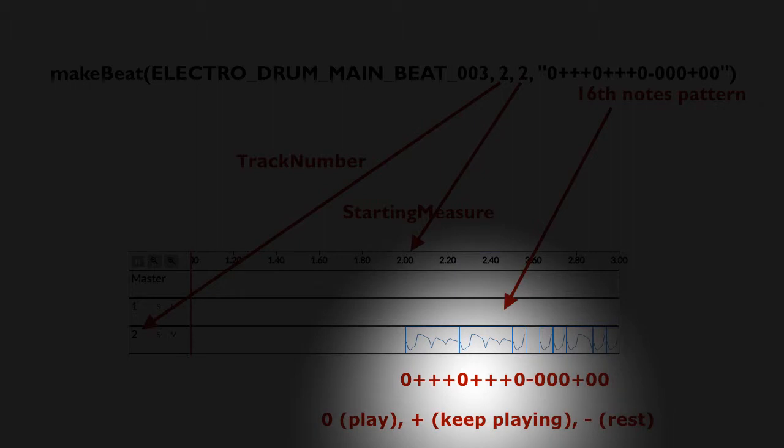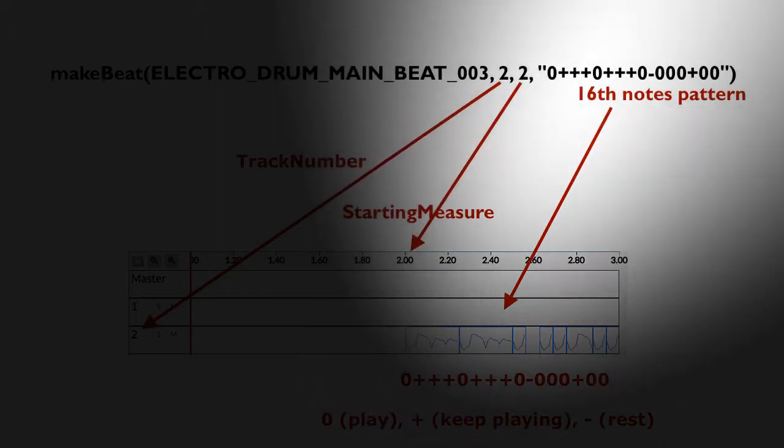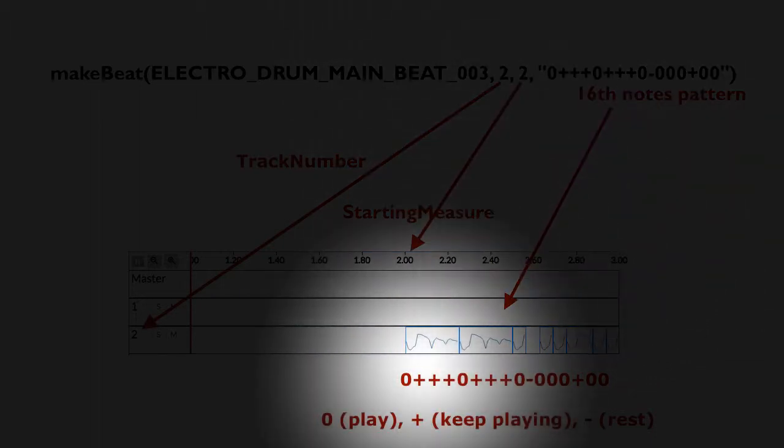So what that is doing is taking that sound and playing just the beginning of it for 4/16ths of a measure. Remember, one measure is a 4/4 beat here, and so makeBeat breaks that down into 16ths. So each letter that's in our string, and the string is all the letters between the quotes, is what makes up a makeBeat. And so you can see that the 0 means start playing the sound, plus means keep playing it, and then we get a 0 that says stop playing the sound here, start playing it again from the